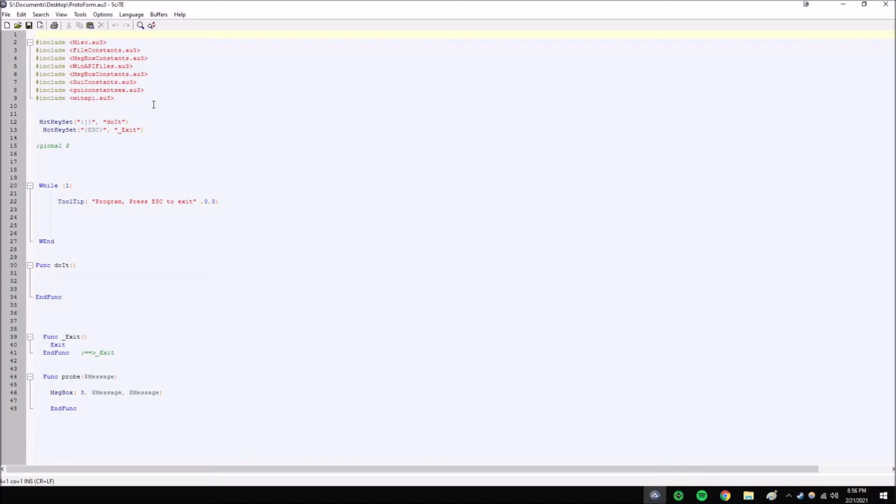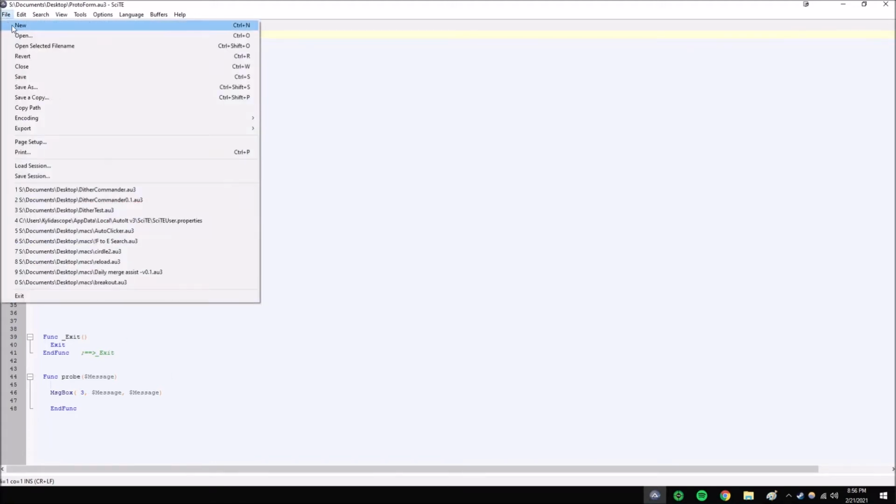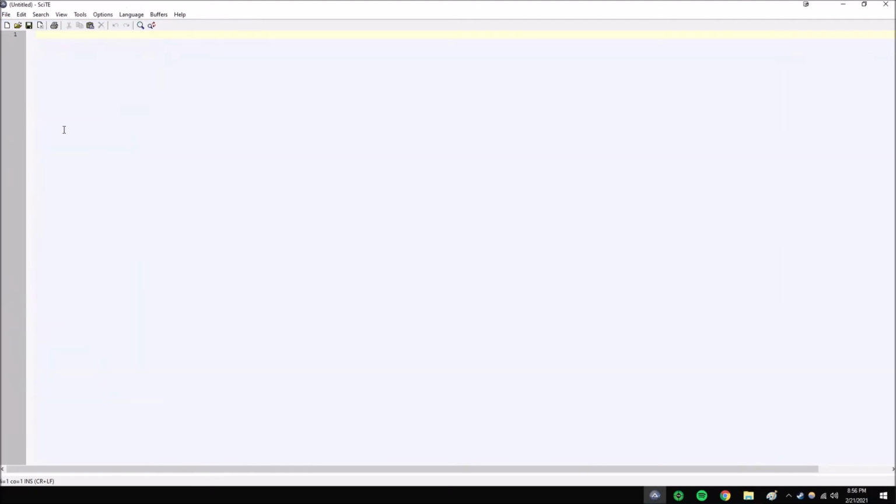When you install it, you should come up like this. This is my proto form. It's just some stuff I use regularly. I'm just going to do a new script so none of that confuses you. I'll be adding my script into that, sort of like automation and more awareness, later. But for the purpose of this, we're just going to be doing a real easy script that you would maybe align with your intervalometer or do manually even, so that you don't have to touch your mount and throw everything off. So once you get AutoIt installed, let me go ahead and